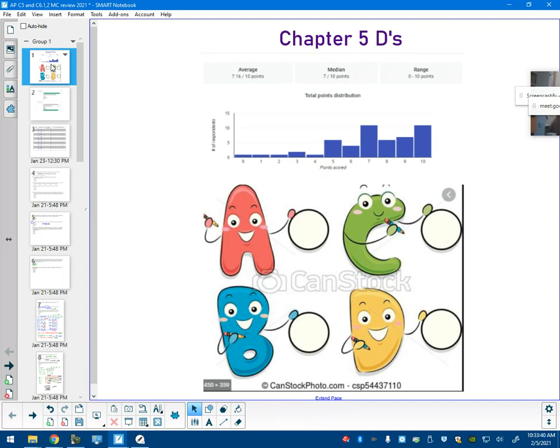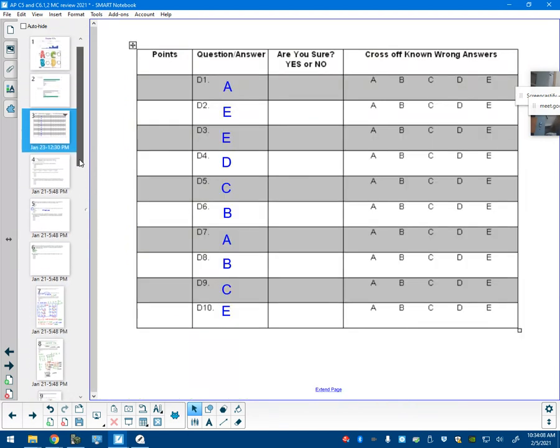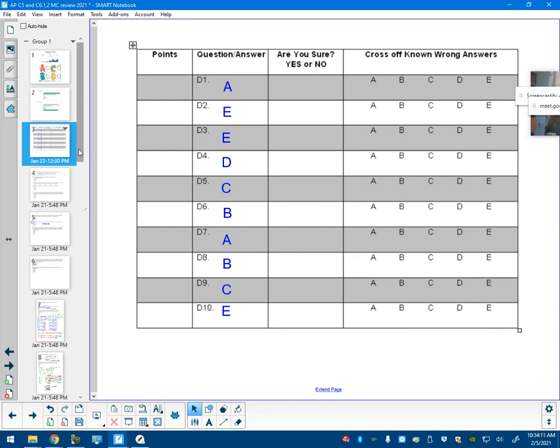And it's actually on page 6 and 7 of this packet. The one I just did is, they're both on 7. The probability that you win 1 or more should be 1 minus 0.98 to the third power, which you would not miss if you did that today. I am highly confident. Okay, and then number 10. Oh, by the way, there's all the answers for the Ds if you didn't get to look, so I'll just leave that up for a second. You'll be able to ask me on Monday more questions about some of these.